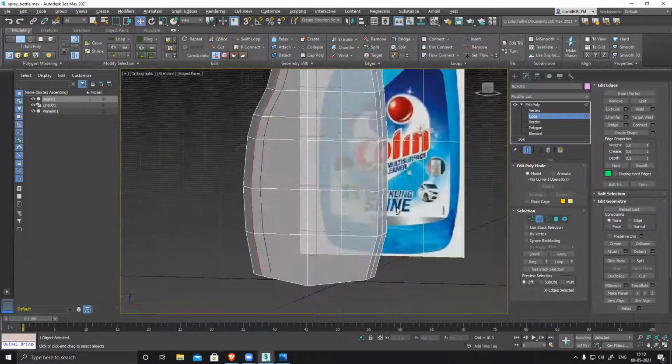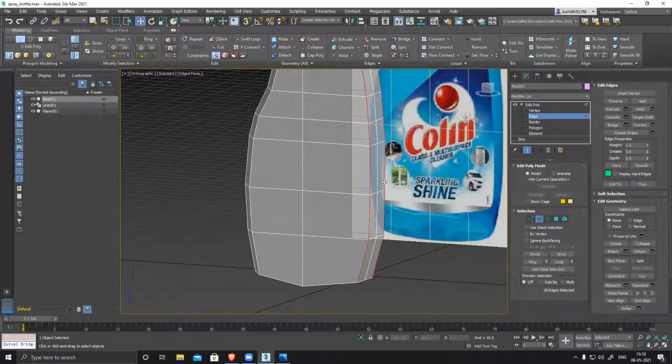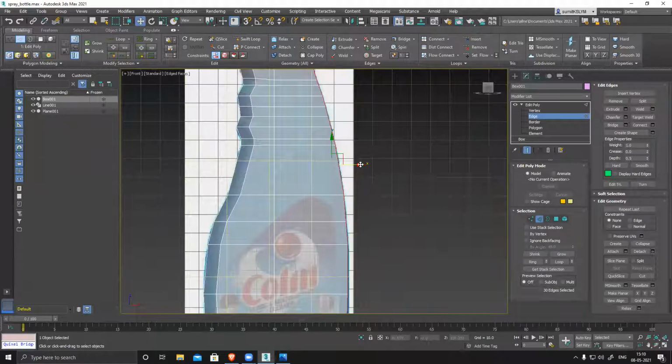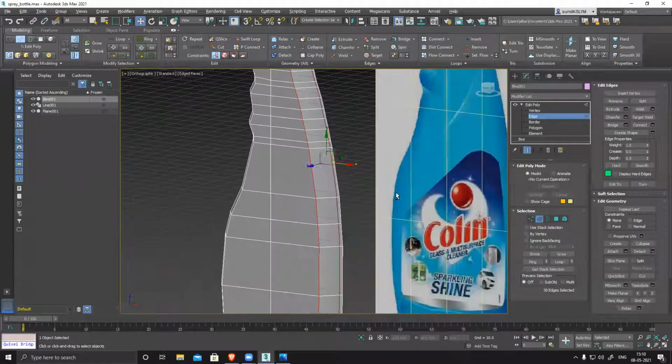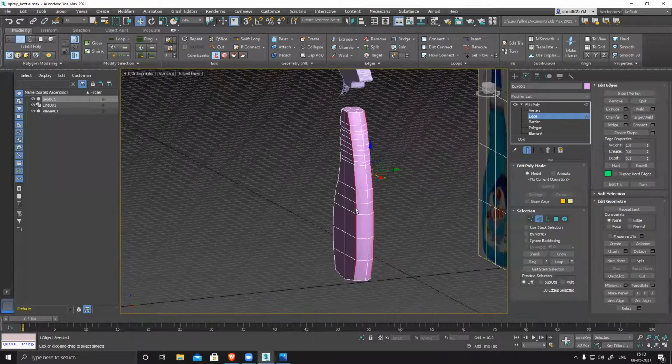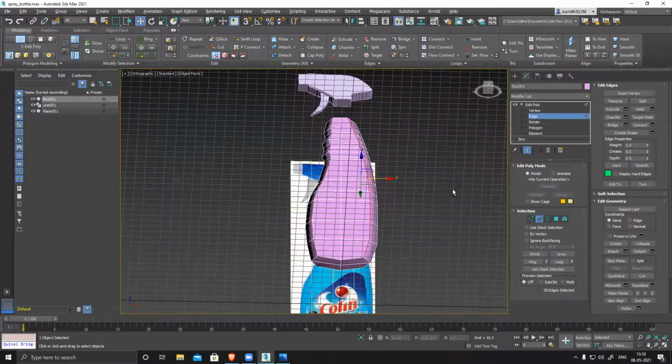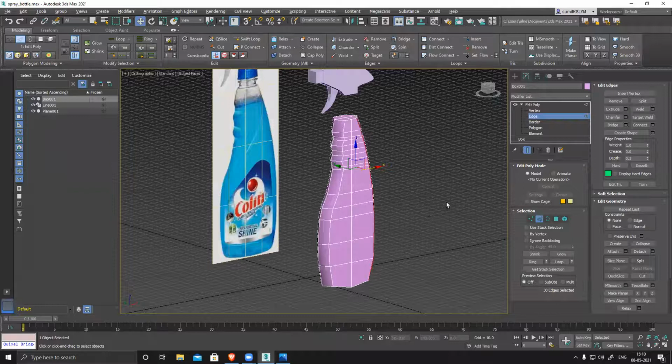Similarly, this one, again front. The middle part I'm keeping to retain the shape. So if you Alt X again, you can see now the corners are not that edgy. It's become a little rounded in nature, slightly rounded.